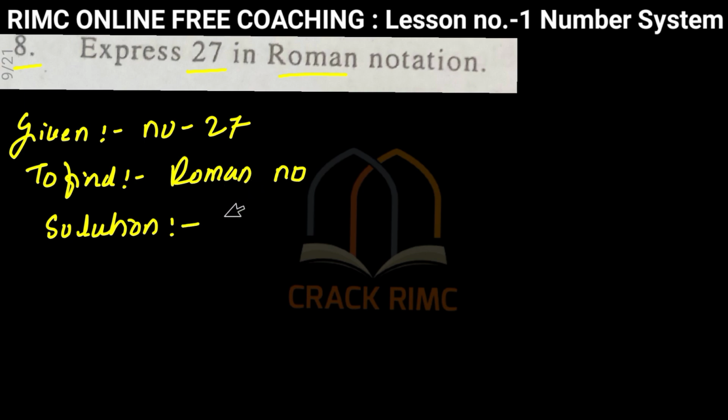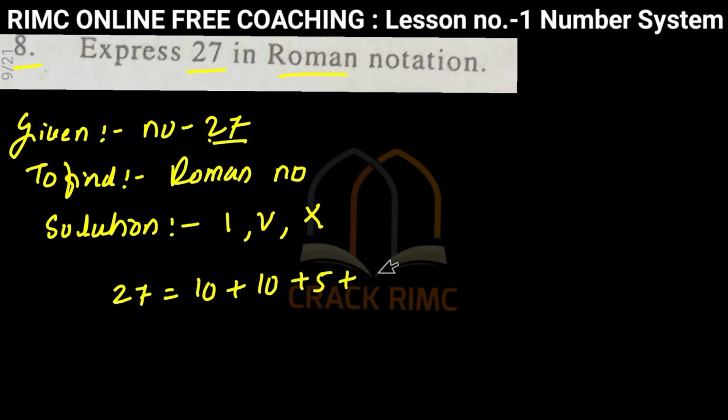We know that Roman numbers are denoted in 1, 5 and 10. Okay. So to convert this number into Roman number, what we have to write? We will write 27 is equal to 10 plus 10 plus 5 plus 1 plus 1